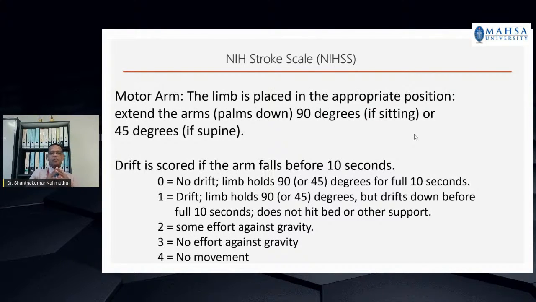Okay, drift is scored in the arm if the arm falls before 10 seconds. So it can be no drift if the patient can hold for the full 10 seconds. There can be drift down before the full 10 seconds, then you can give a grade of 1. Some effort against gravity: the patient can hold for a few seconds, then you can mention it as some effort against gravity, so you can give a value of 2. And 3, no effort against gravity. And finally, if the patient cannot do any movement, then you give a score of 4. And next scale